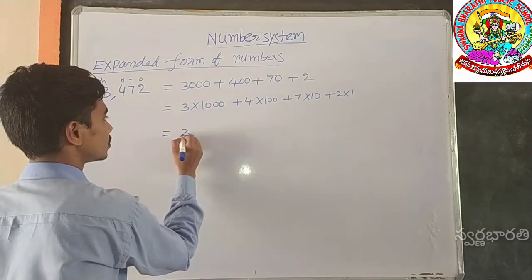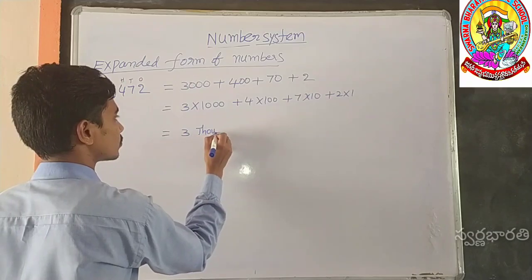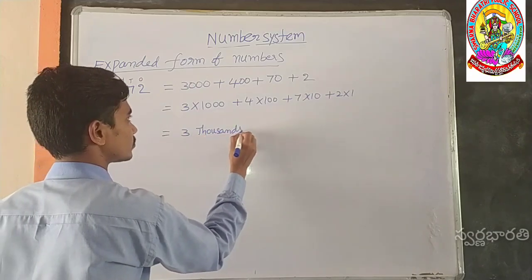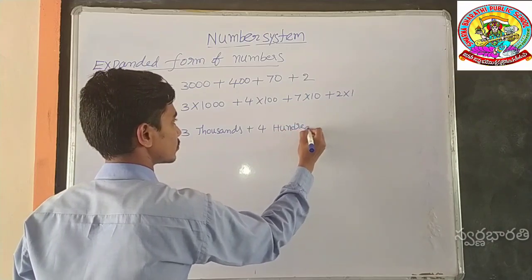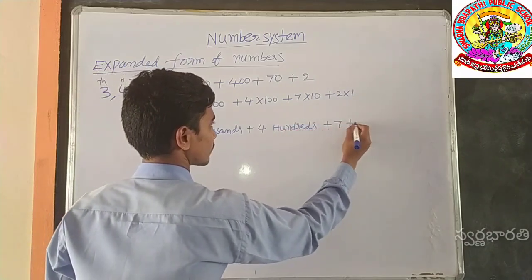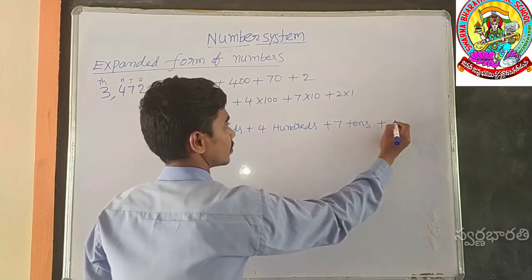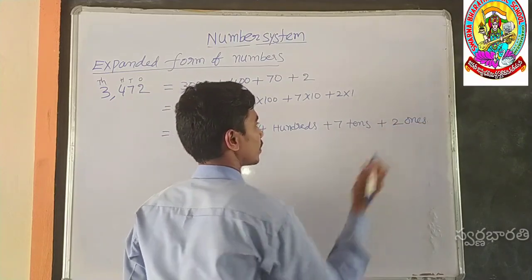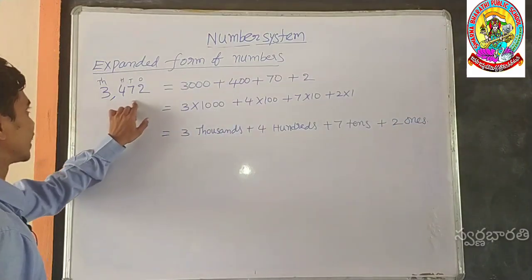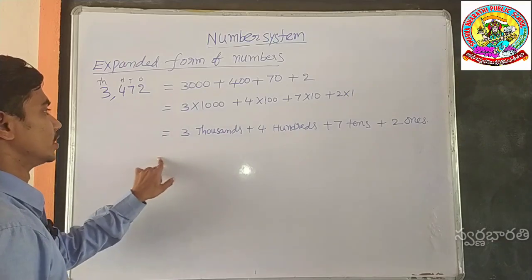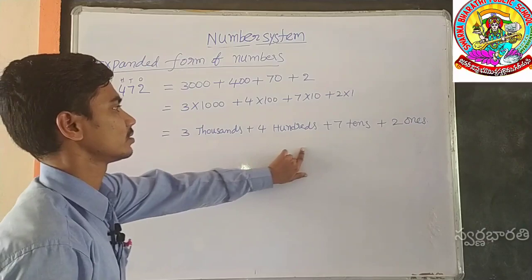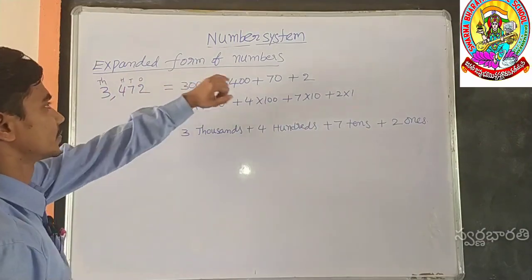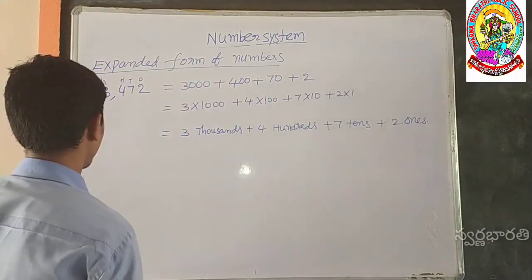How many thousands? 3 thousands, 4 hundreds, 7 tens, 2 ones. If you express the given digits as a numeration, nothing but a combination of words, this is called the expanded form of numbers. Another example,